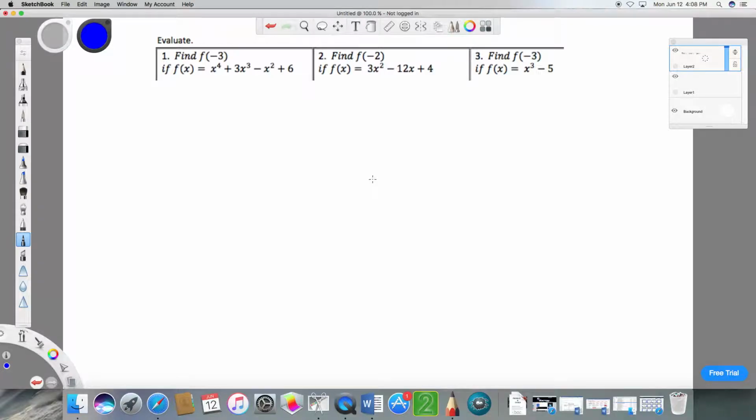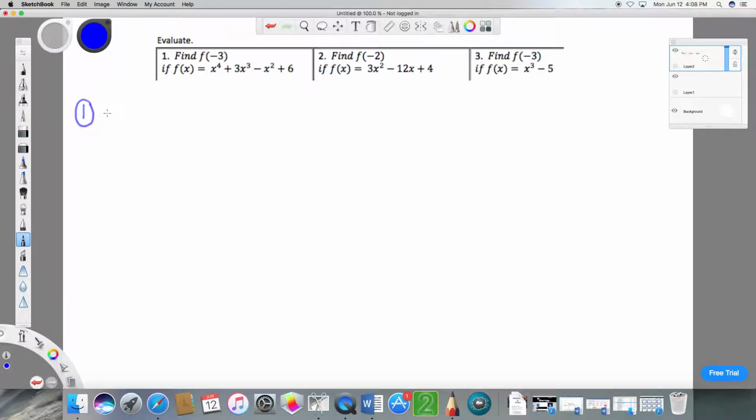Let's take a look at these three problems. In each of these, we are evaluating the function at a specific point at some x coordinate. Remember, the function notation is just asking for the corresponding y coordinate. So the graph of this f of x,